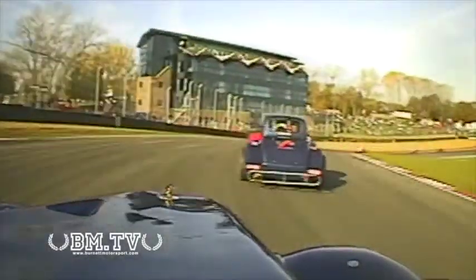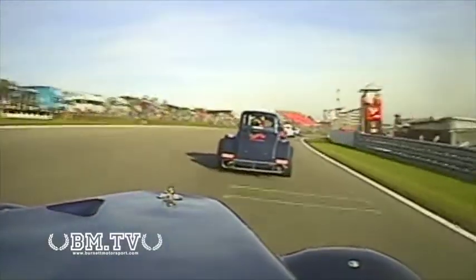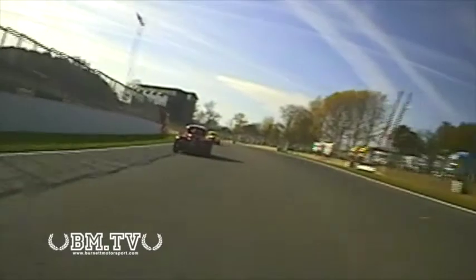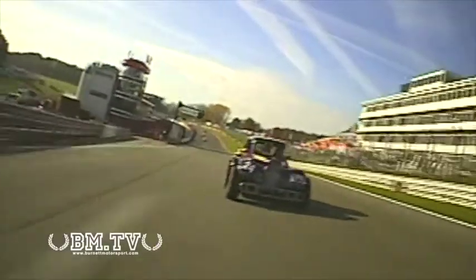This is the former Ollie Poyser championship winning car that Tony Caig's using this weekend. Caig, a former Scottish saloon car champion, having, I think, only his second outing in Legends cars, and Tony shaping up to pass Matthew Pape there in 24. We're getting a look back, and there is Matthew Pape there, left of shot on the inside. So a good clean manoeuvre by Tony Caig round the outside